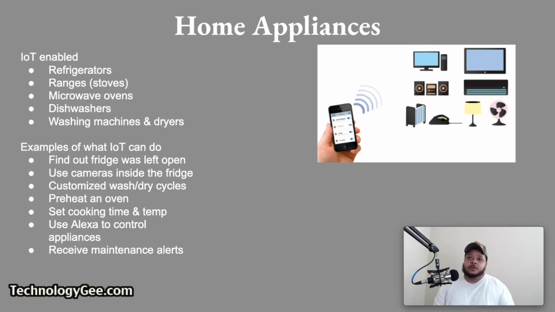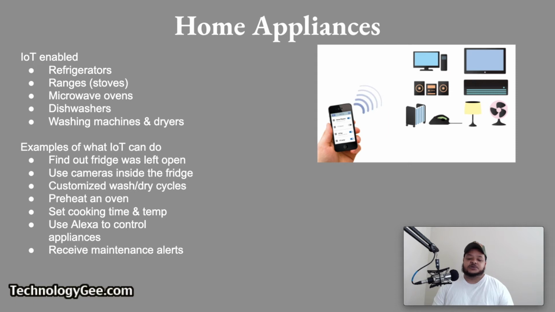Let's talk about home appliances. IoT-enabled home appliances include refrigerators, ranges, microwave ovens, dishwashers, washing machines, and dryers. IoT devices can enable users to do things such as find out if the refrigerator door was left open, use cameras inside the refrigerator to see what needs to go on the shopping list, download and use customized wash